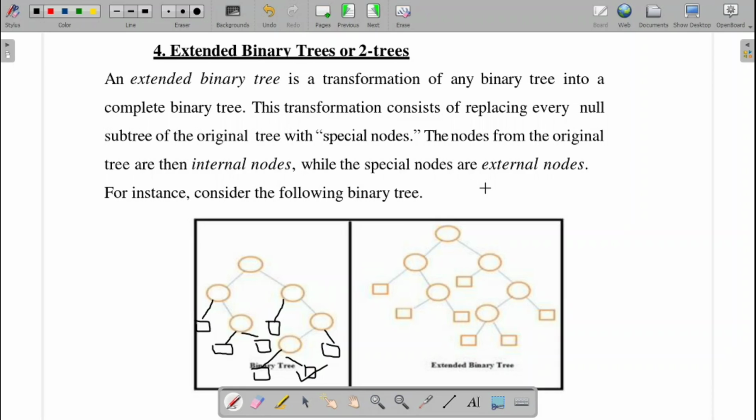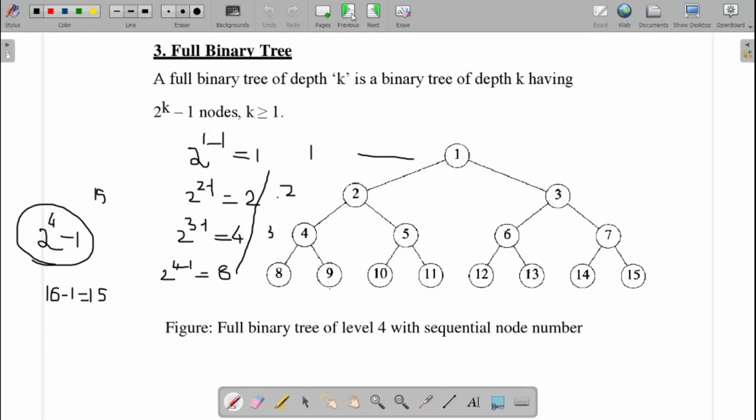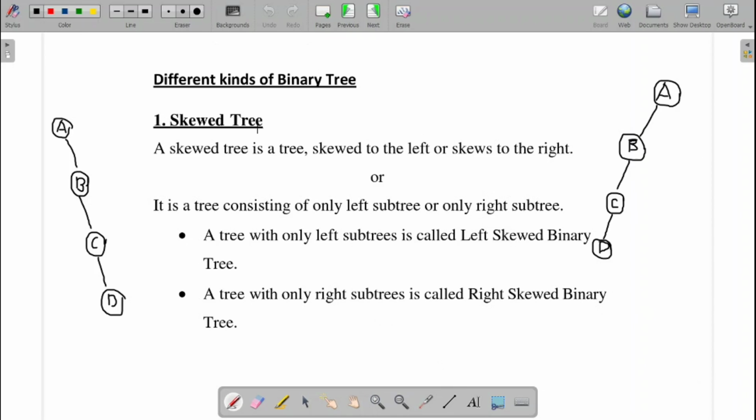First one is a skewed tree. In the skewed tree, again, we have two options. One is a left skewed tree, the other one is the right skewed tree. One left skewed tree and the right skewed tree. This is the first option. Then the second one is your